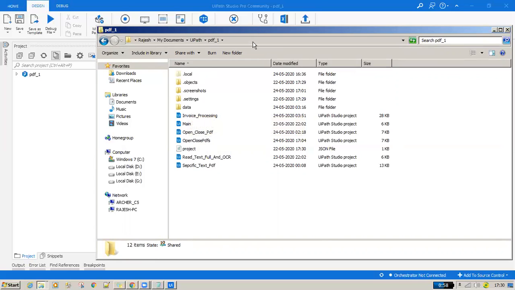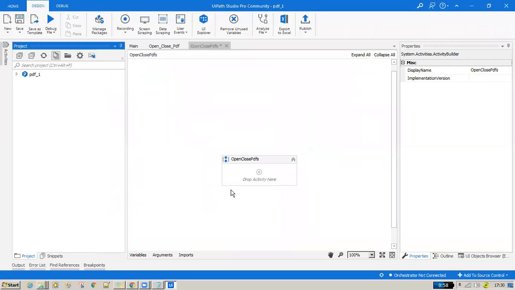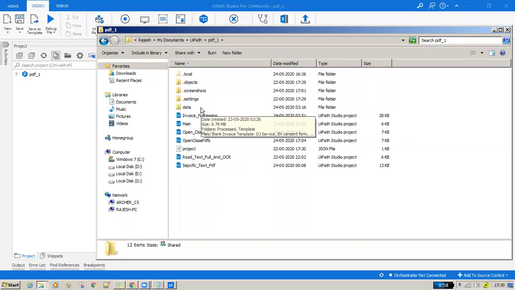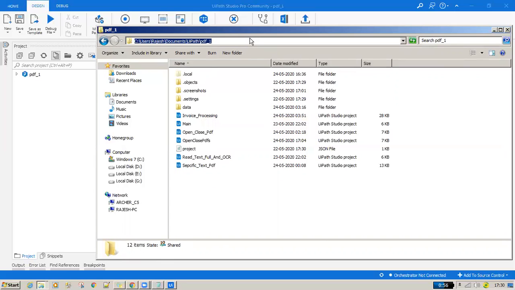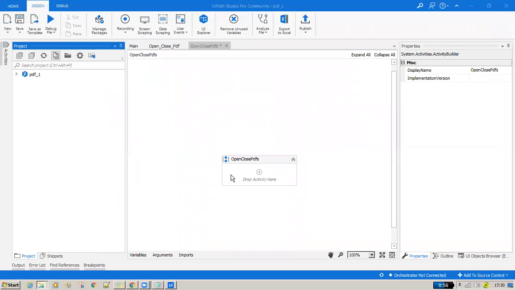If I want to refer to this path, you don't have to go for the full path, say Environment.CurrentDirectory. Just simply mention a dot and then a slash, and that means it will take the path till here.